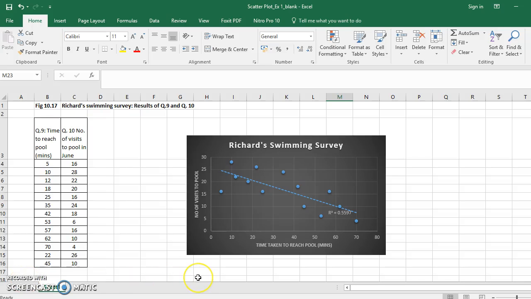Hello, this particular tutorial is concerned with scatterplots, and you will see this referred to in the textbook in figure 10.17. To give you an idea of what we are aiming to get, I've got a scatterplot here, from the Richard Swimming Survey. This is what we're trying to get from the data, and you'll see here that what we've got